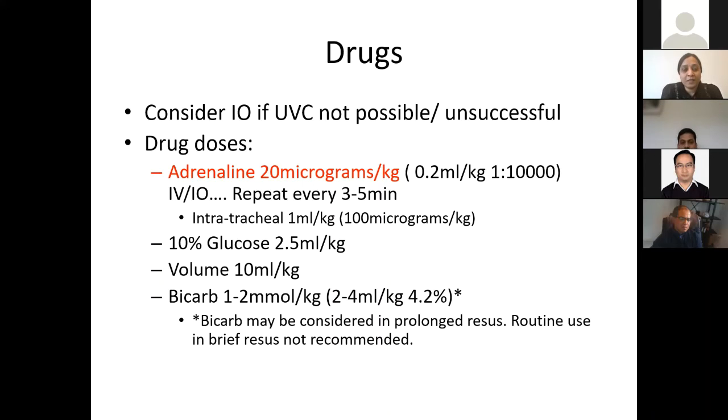You can give this as intravenous through the umbilical venous catheter or intraosseously, and you repeat it every 3 to 5 minutes. You can give intratracheal adrenaline as well at 1 ml per kilo. So that's 100 micrograms per kilo of 1 in 10,000. Other drugs you can give include volume with 10 mils per kilo, dextrose, 2.5 mils per kilo of 10% dextrose,